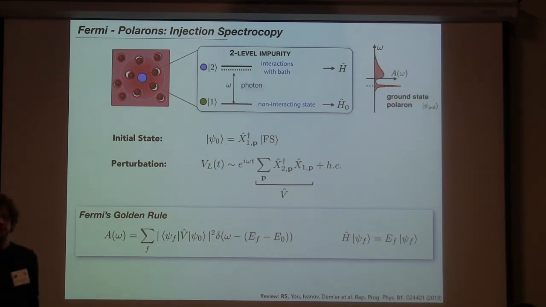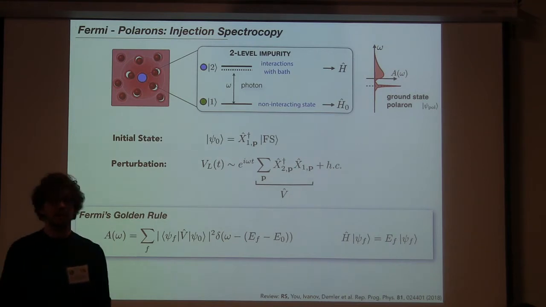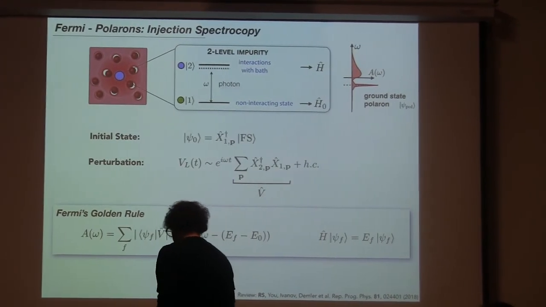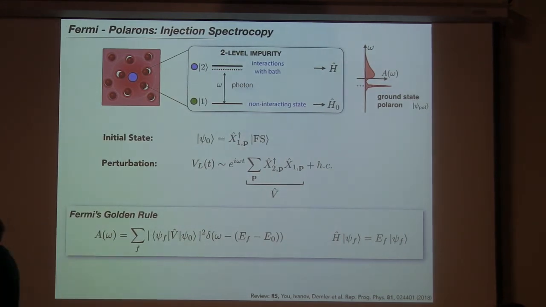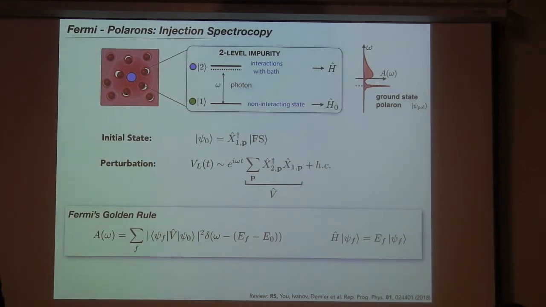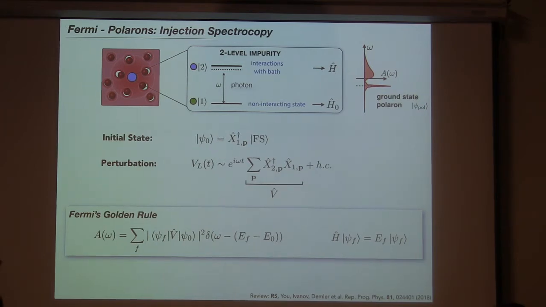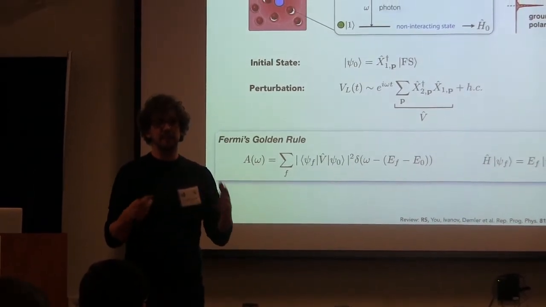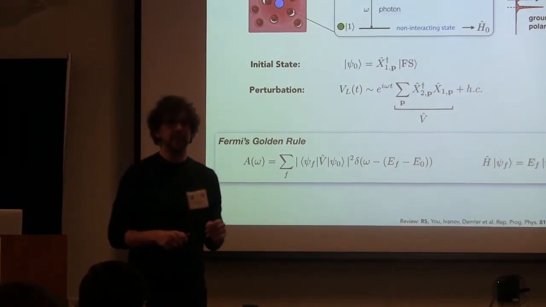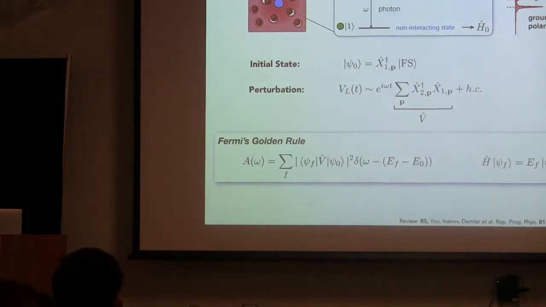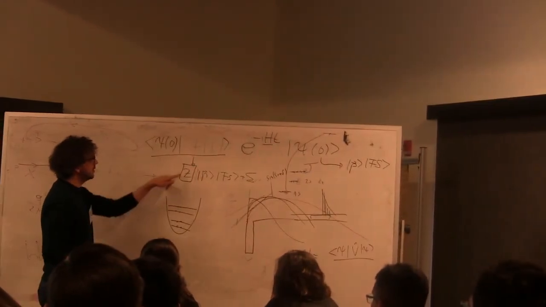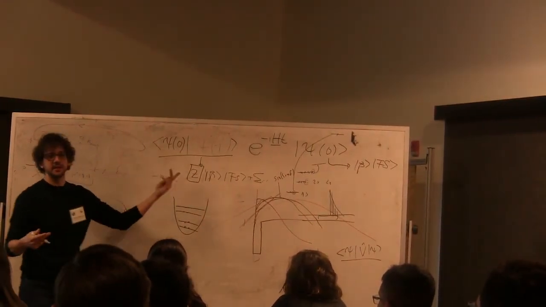Can I ask, how does the width of this resonance compare to the T2 dephasing rate that you get, for example, with your Ramsey method? Because in this width you not only have the dephasing, you also have the lifetime somehow, no? So that's a tricky question. If you're at zero temperature and you have a delta function quasiparticle at zero momentum, it doesn't have a lifetime. It has infinite lifetime, and it would be a delta function. There would be no width. That's connected to the long time evolution, where this thing would go just to Z. And if you take the Fourier transform of a constant, that's a delta function of height Z.